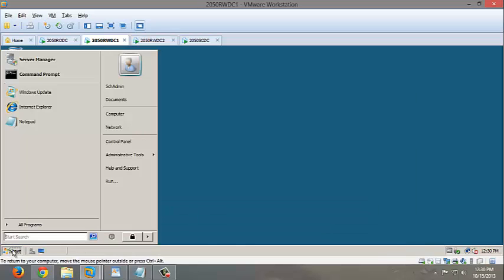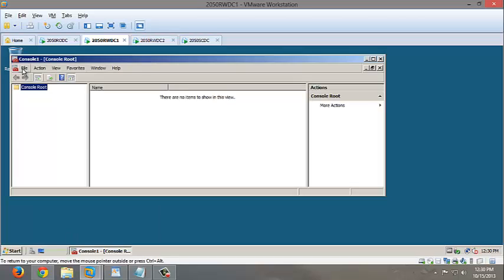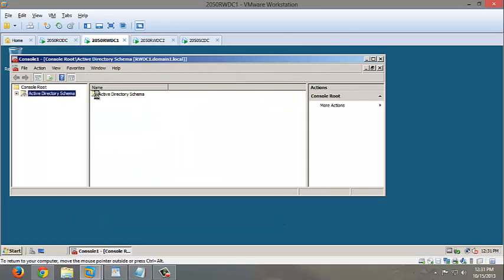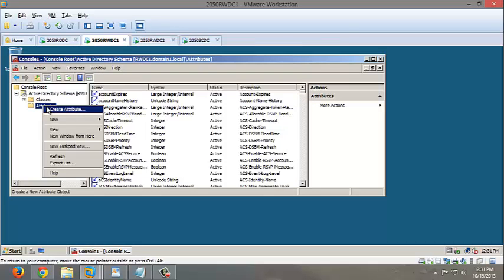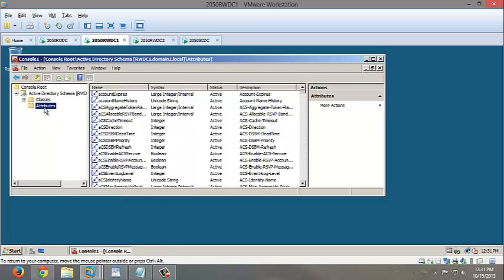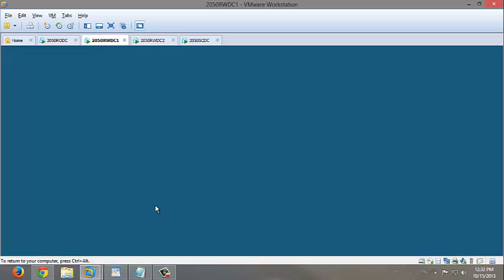I'll log back onto this SCH admin account, and I'm going to type in MMC, and I'm going to go to file, add remove snap-in, and click on Active Directory schema and click add, click OK, and when I right click attribute, the create attribute button is not grayed out. So SCH admin does have access to create attribute in the schema. I'm going to log off and log back on to